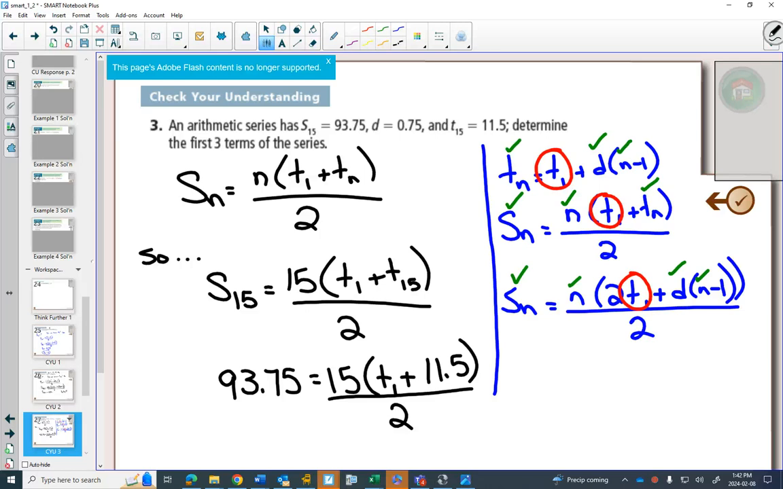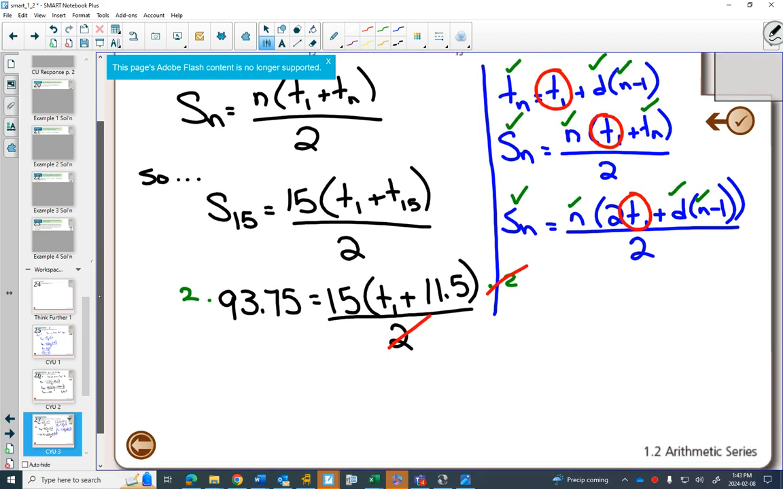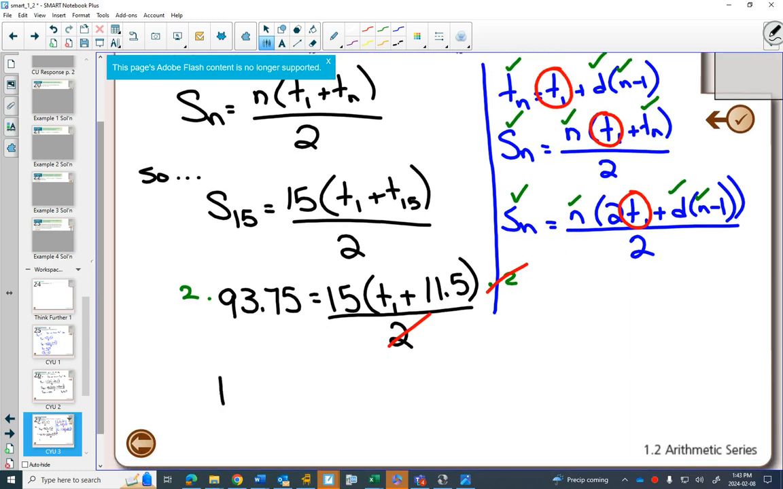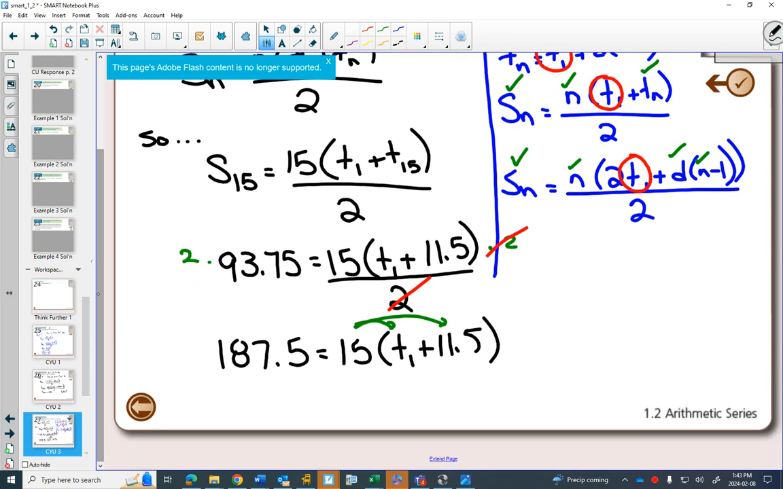First thing I would do algebraically here is I'd multiply both sides by 2, because that will get rid of our fraction, and I will get 187.5 equals 15, term 1 plus 11.5. We have some options here. Some people would like to divide both sides by 15. Some people would like to distribute first. Either would be fine. So if I distribute first,